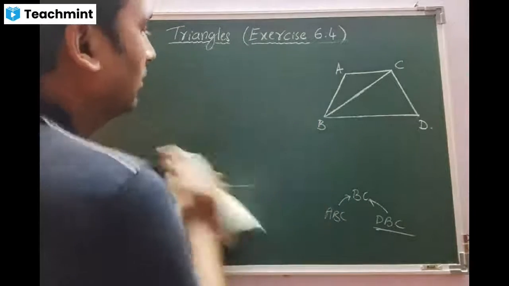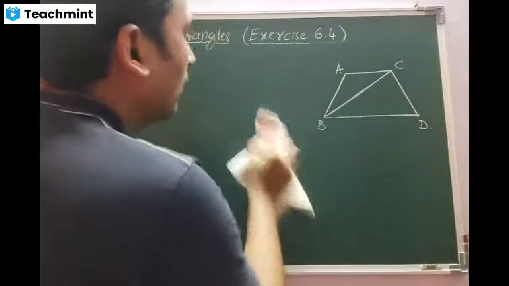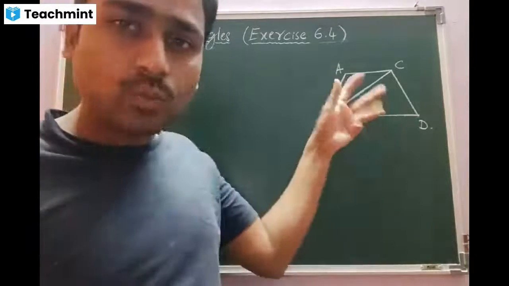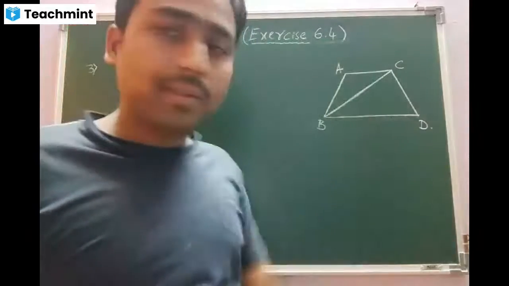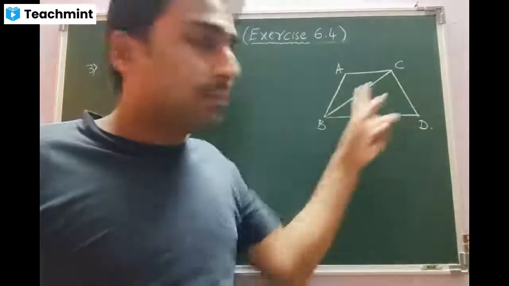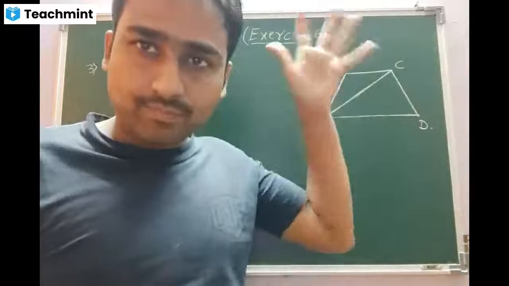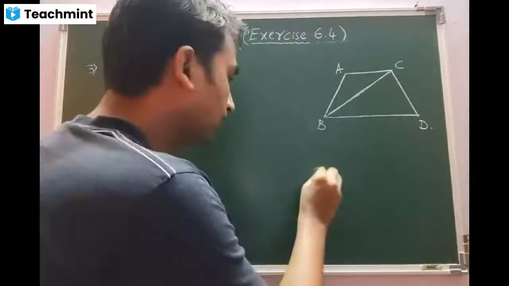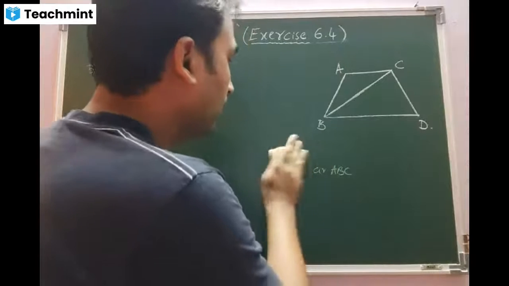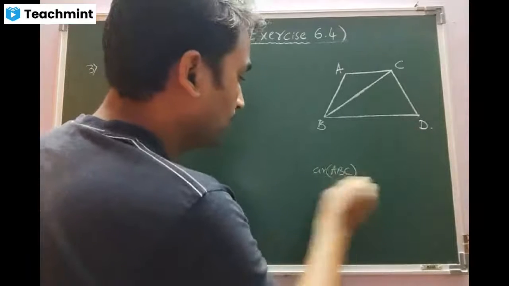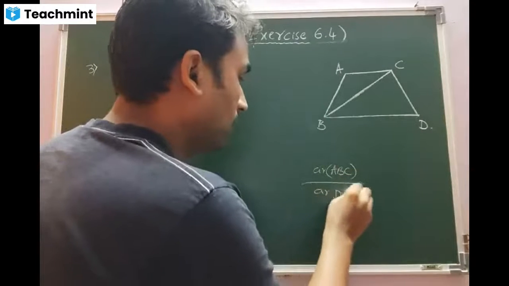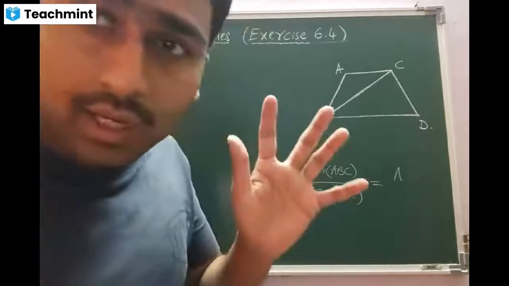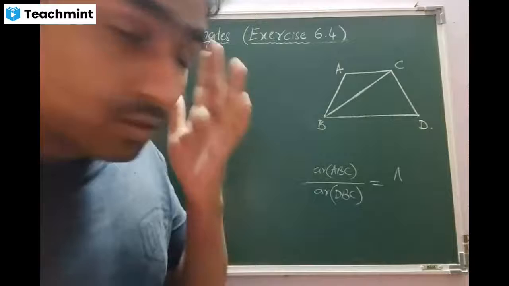Okay, let us discuss what will be the triangle. This is the given question. There are two triangles. One is ABC upward, one is DBC downward. They are having the same base, common base BC. In this, what we are supposed to find, beta, what we have to prove? Area ABC by area DBC is equal to AO by DO.